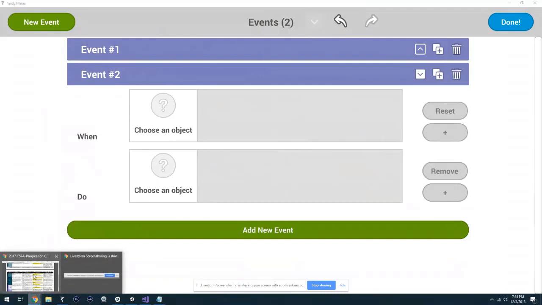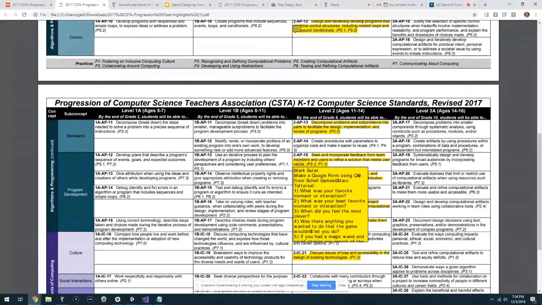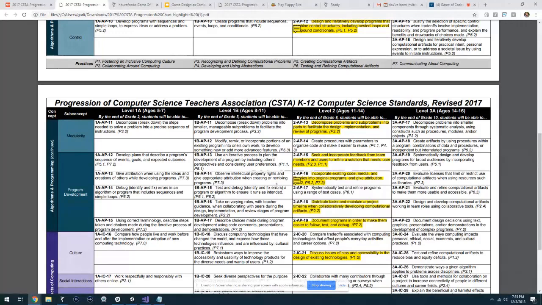Getting feedback. This little thing here kind of looks like a lot, but basically it's asking a series of questions. I borrowed this from a book. Jesse Schell has a book called The Art of Game Design. And in it, he references this guy that says, here are some questions that you could ask people. You could use a Google Doc or a Google form or just a piece of paper, but it's a way to get feedback and actually then use that to refine your game. I know we're running low on time, but